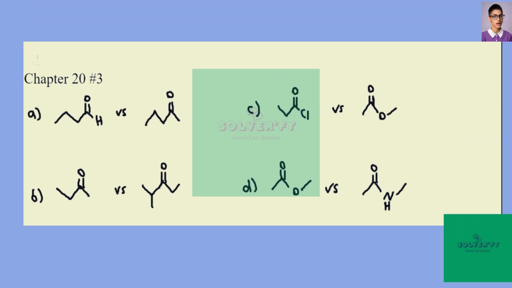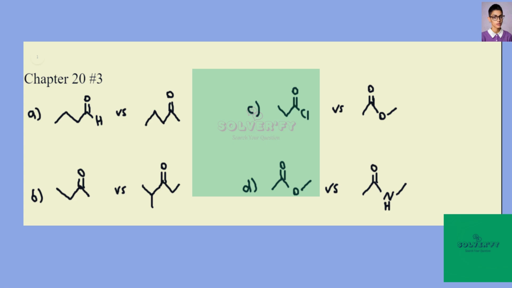This is the answer to Chapter 20, problem number 3 from the Smith Organic Chemistry textbook. In this problem, we're given 4 pairs of molecules, and we're asked which compound in each pair is more reactive towards nucleophilic attack. And so in order to answer this, we need to know that aldehydes are more reactive